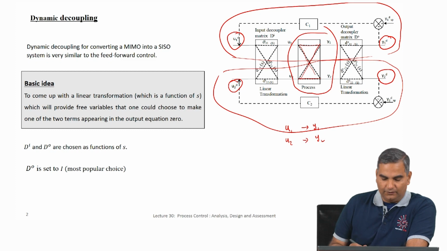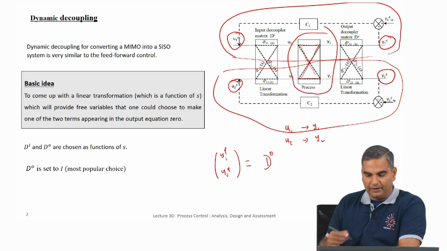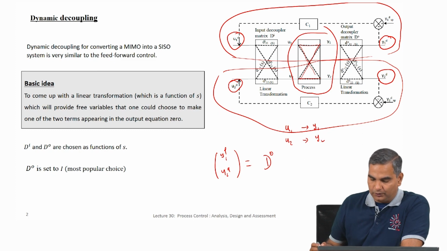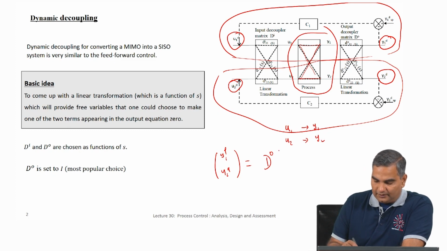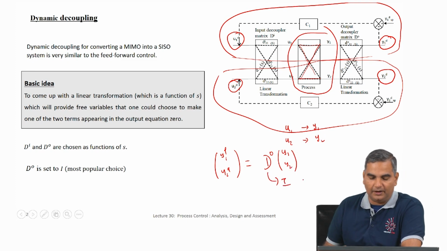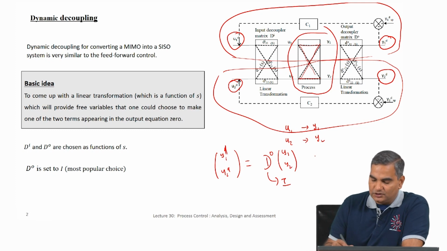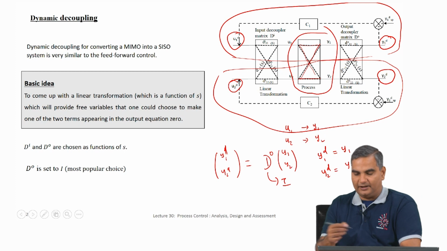So basically if you think of this y1 decoupled, y2 decoupled again as some output decoupler matrix. The other matrix I showed in the previous slide is an input decoupler matrix. If you think of this as an output decoupler matrix multiplied by y1, y2, now you can set this as identity. Identity meaning you are not doing any decoupling as far as the output is concerned, in which case you will get y1 decouple equals y1 and y2 decouple equals y2. So that is what you will get.